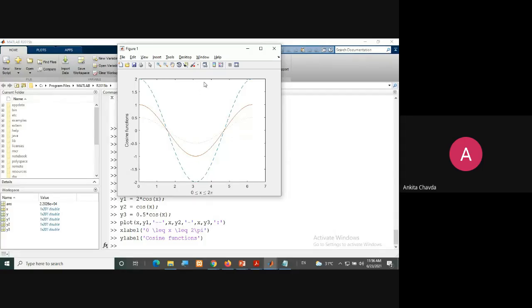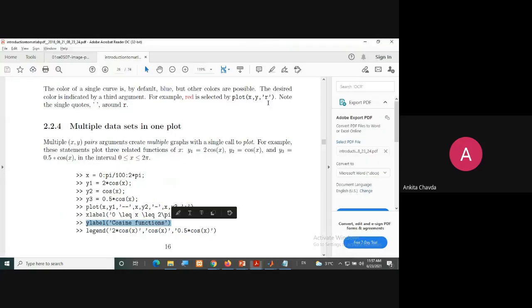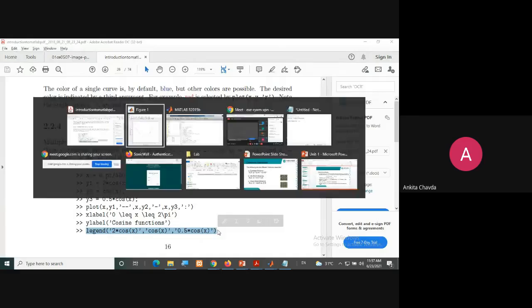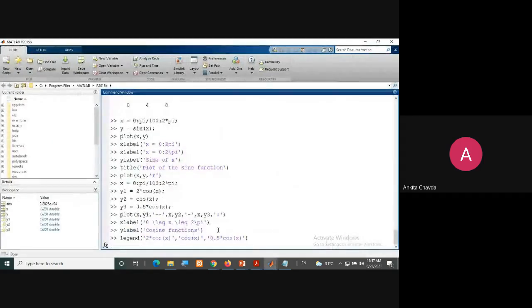Now the title is the remaining one, and legend is for what? Have you visited the graphs? Whenever there are multiple data sets, at the right corner they will show you that this dashed line is for this function, this line is for this function, and this dotted line for this function. To give that information, we are using legend. You can check here when I write this legend.